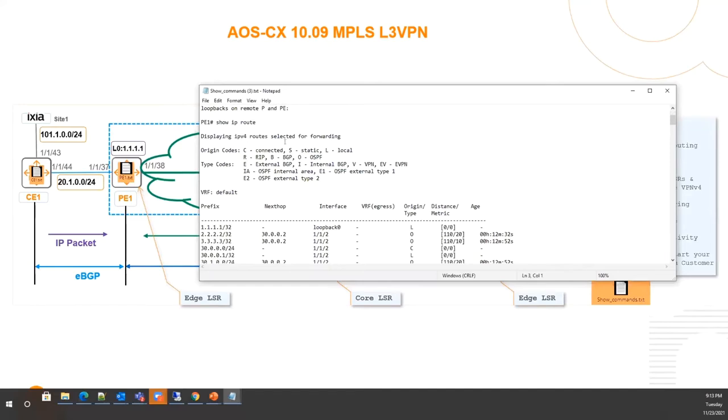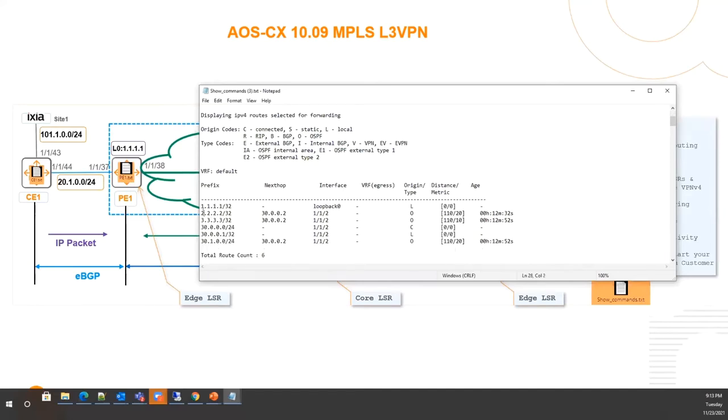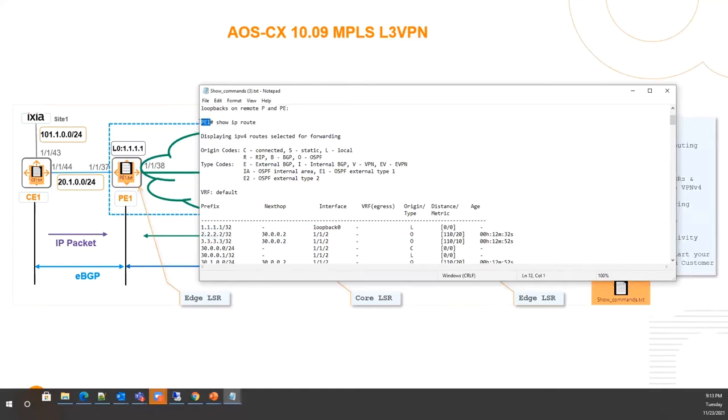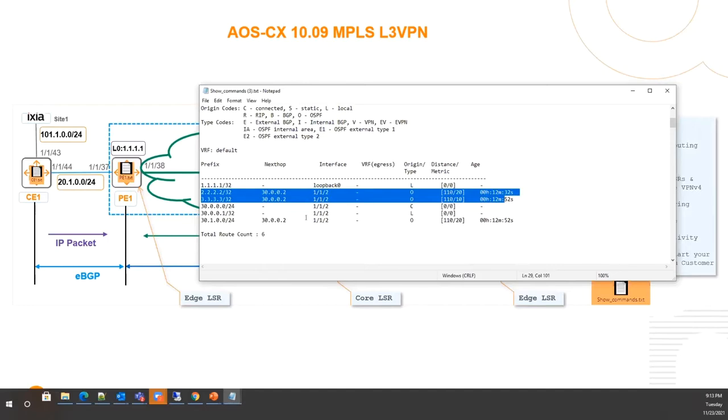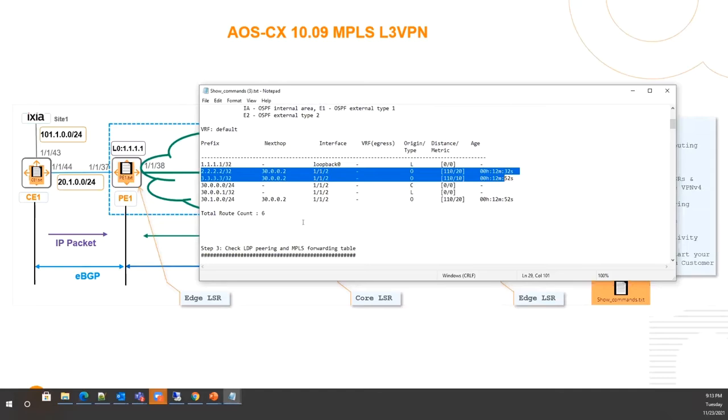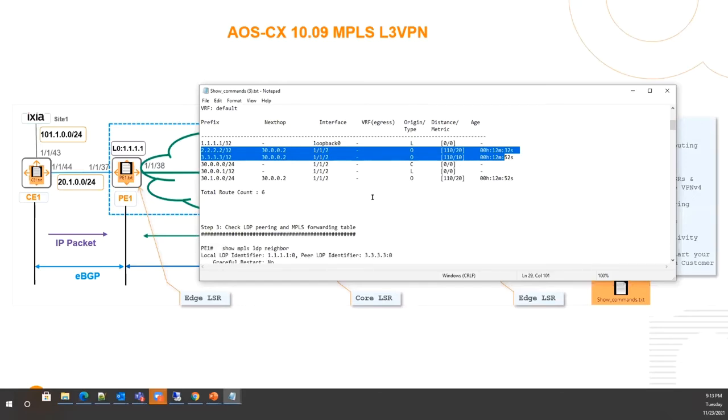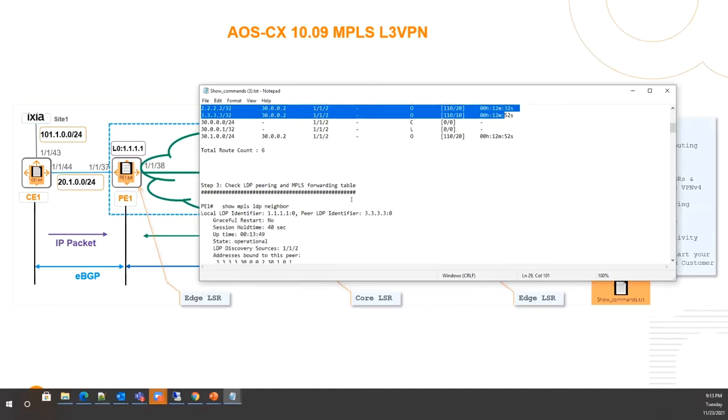The first command you are going to see is the IP route command. Make sure this IP route has reachability with all the OSPF, that means it has a /32 address. I'm executing on PE1. That means it should have reachability to PE2 as well as PE3. Because it has PE2 and PE3 reachability, we have enabled LDP on top of these interfaces. It can generate labels. Each device generates a label for each loopback inside that LSR, right? So all the LSR devices will generate a label for each one of these loopbacks.